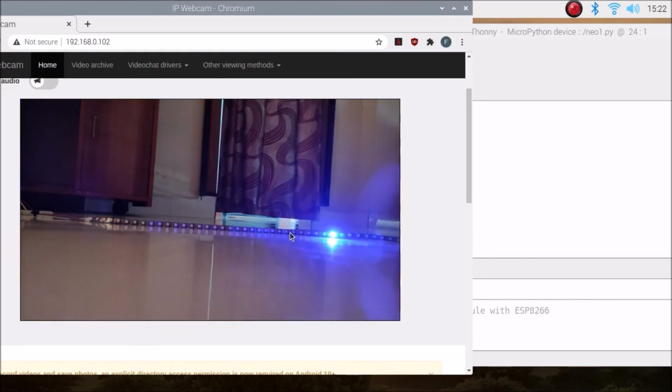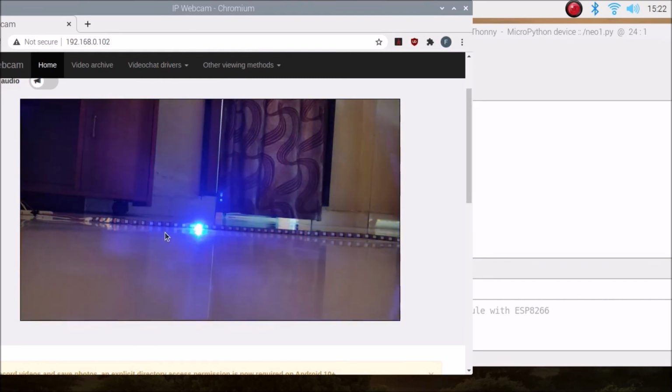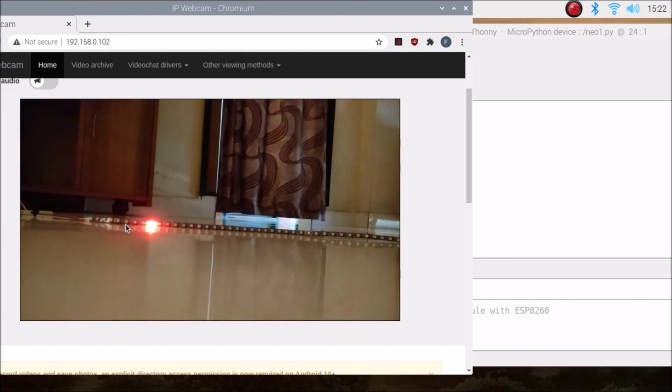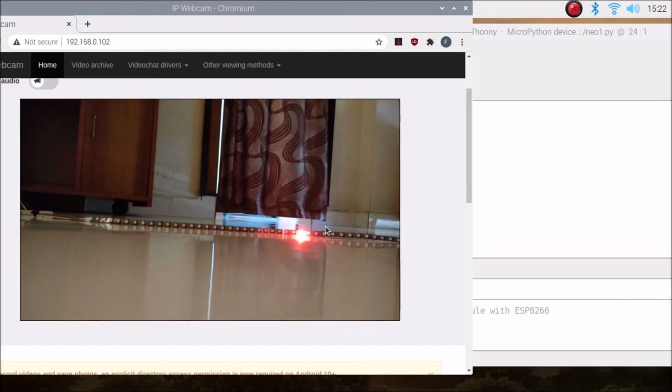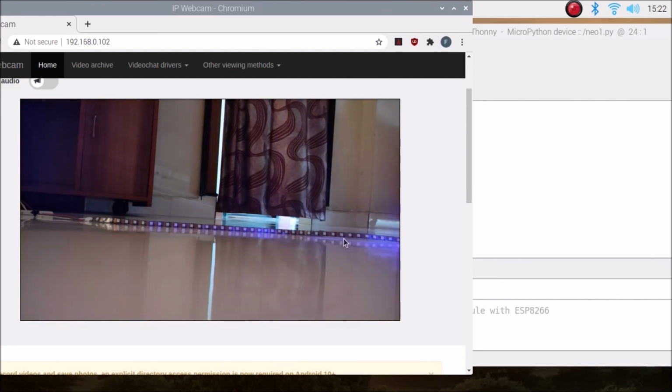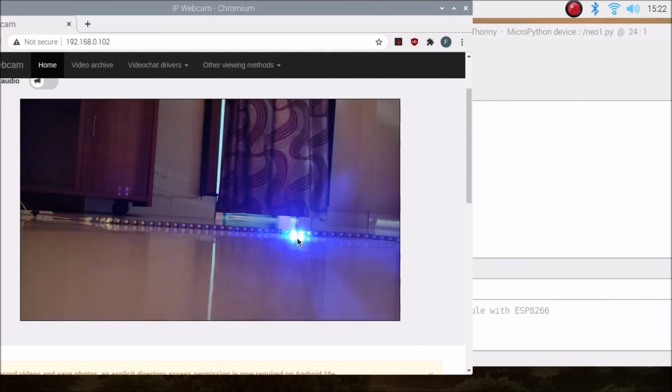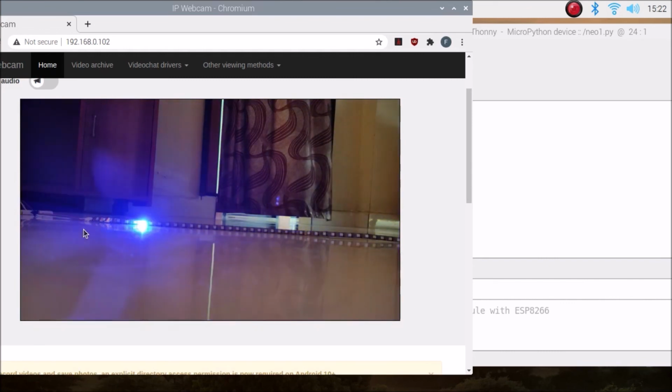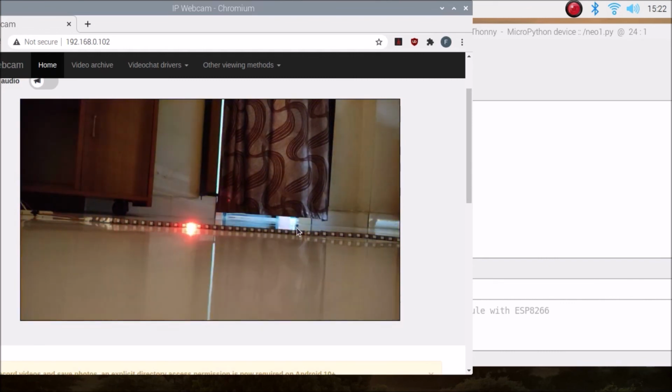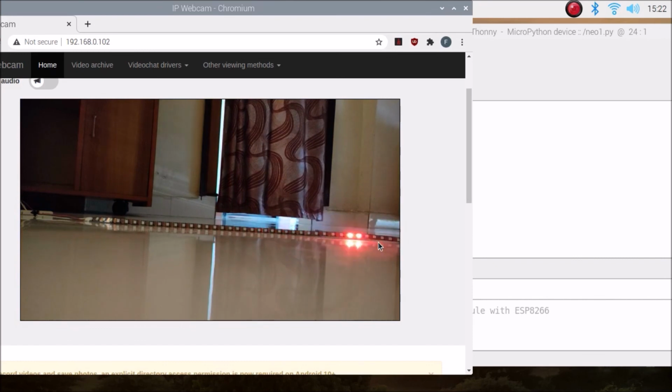Okay, as you can see, one by one. It's now red, moving at the end, from end to start. As you can see, from end to start, it goes like this way, and it comes like this way.